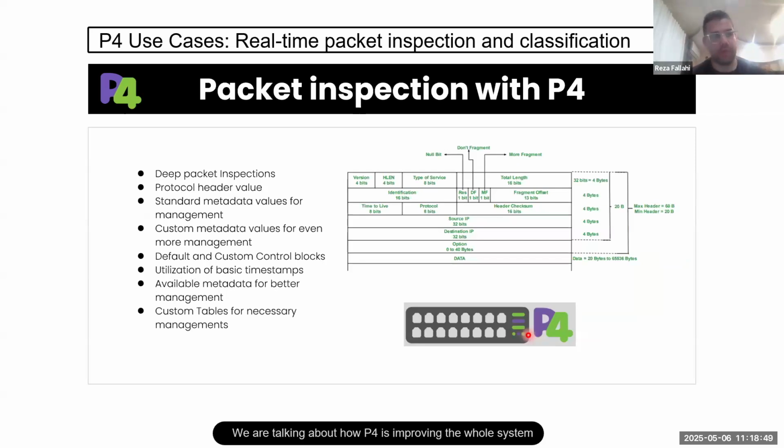So up to this point, I was trying to bring out some portion of P4's language functionalities that will help us get information from the traffic itself. But from here, I was trying to get into some information about packet inspection. You see, again, we do have a definition of the headers, but also the values of the packet itself. This is obvious. Of course, this is the main reason that P4 is doing some tasks, but we can use this for security purposes to do some deep packet inspection.